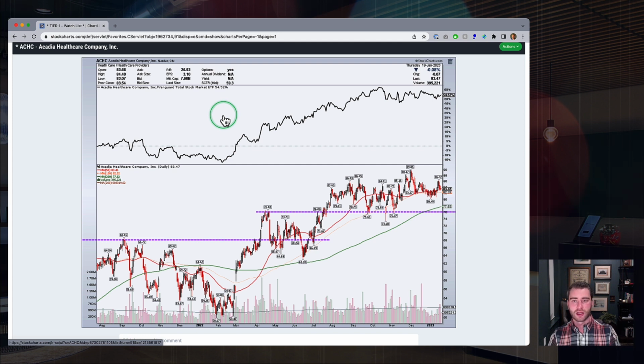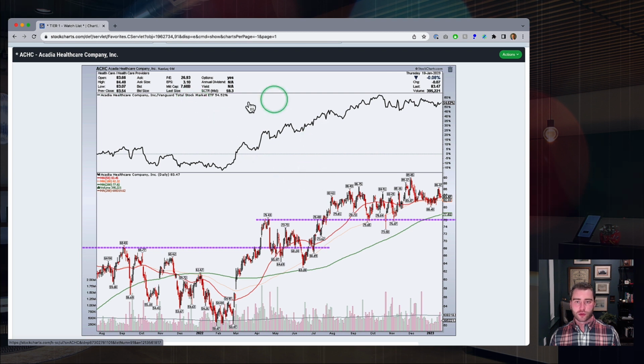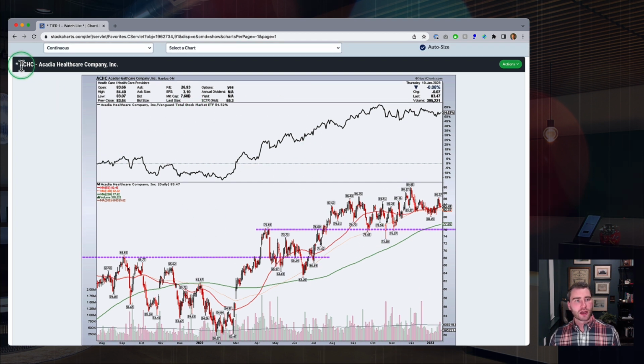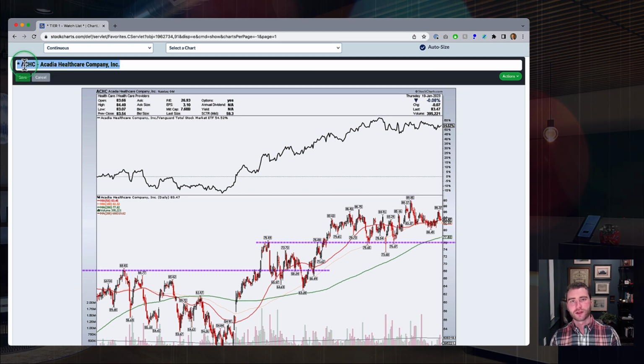I want to start to cull this down to a more manageable list. I will review these charts, and I will again star the ones that I like and prioritize these charts with that kind of starring system. It's incredibly easy to do this from either chart list view or chart book view by simply clicking on the name. So you can actually click on the name of the chart in either of those views to edit that saved chart name. So for instance, if I'm in here in ACHC and I want to change the starring